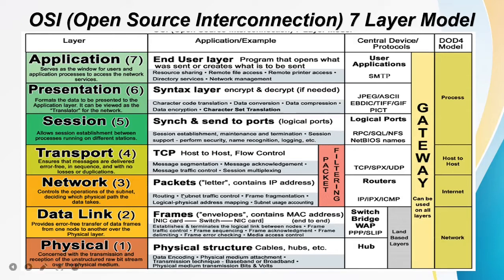Okay. Now what about the data link layer? If I am there, then what protocols am I going to apply? I am going to apply PPP or the SLIP protocol. And what is the action here? I am going to add the MAC address here. Okay. So that is the set of actions that is specific to the particular layer, or the set of protocols that is applicable to the particular stage.